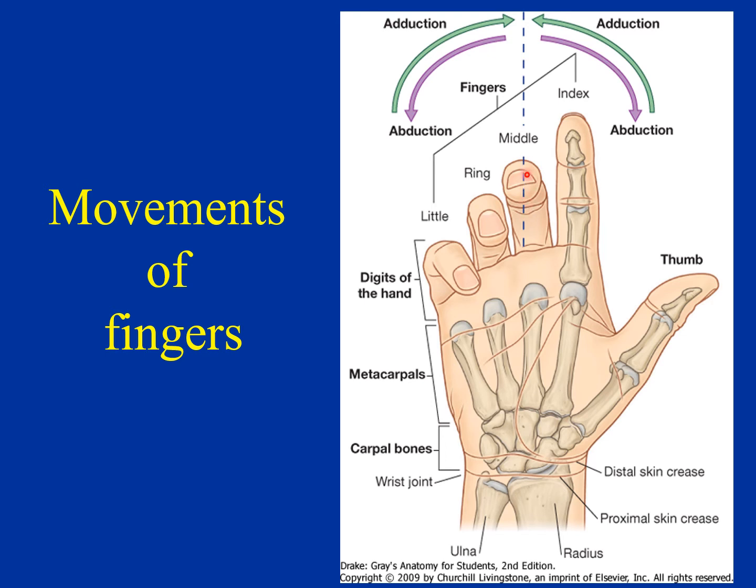And as already discussed, the third finger, which is the middle finger, is the axis of the movements, or the central area, along which we have the movements of adduction and abduction. Adduction and abduction occur in the index finger as well as the ring and little fingers, but the middle finger mostly stays in its position. So that is the axis of the movement of abduction and adduction of the fingers.